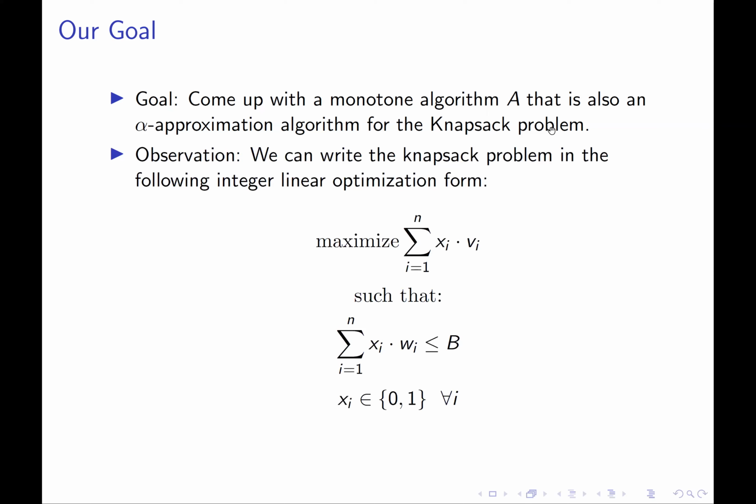I've got a question. Can you explain wi again? How does that manifest for each person and with respect to b? So remember in Knapsack Auctions, each bidder has some size. And so again, maybe a good use case to keep in mind is selling airline tickets. So think about for each person who wants to buy some collection of airline tickets, wi is the size of their party, right? If I'm a sports team, maybe I want to buy 15 tickets. If I'm a family of 4, I want to buy 4 tickets. If I'm a business traveler on my own, maybe I just want to buy 1 ticket. And here, b would be the total number of seats on the plane.